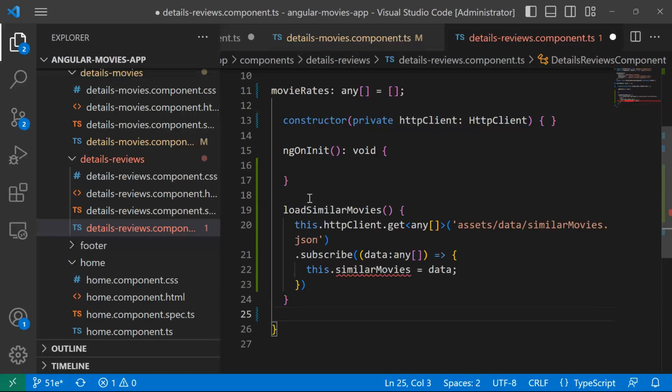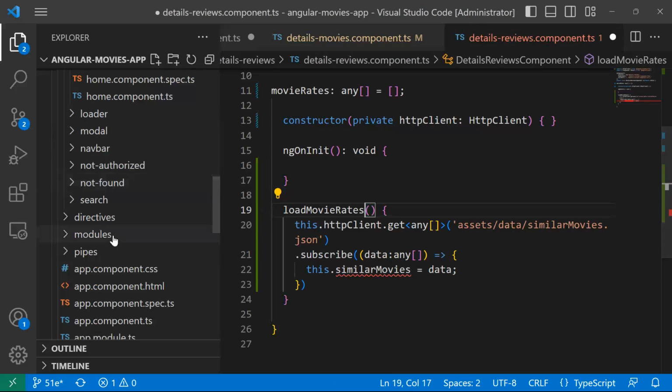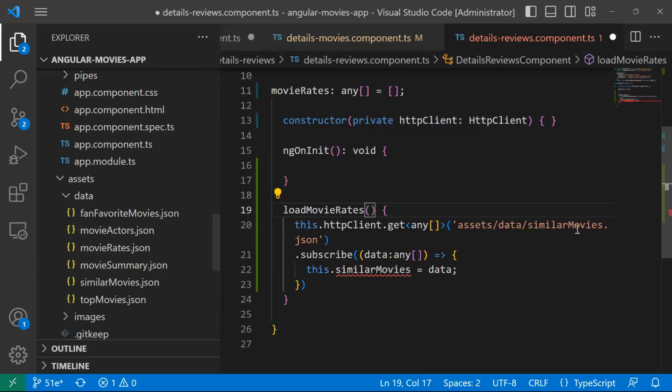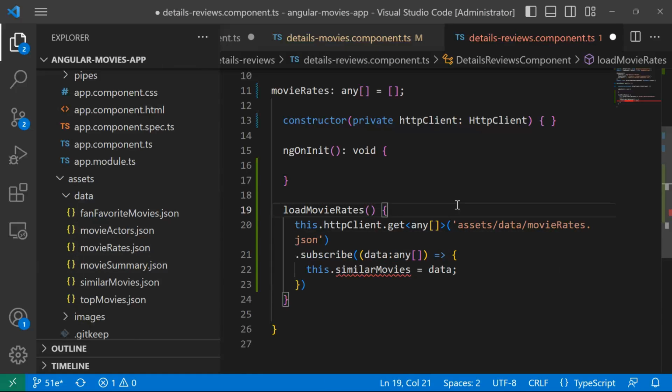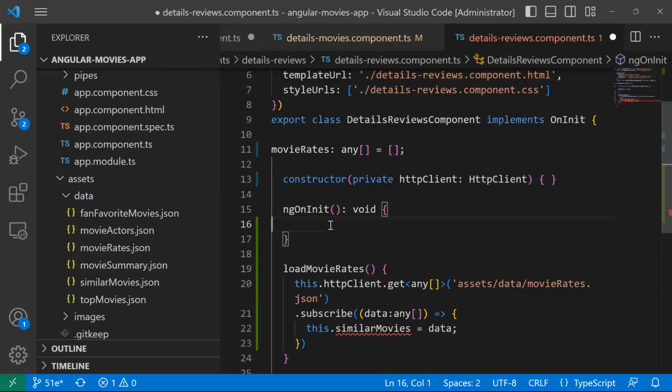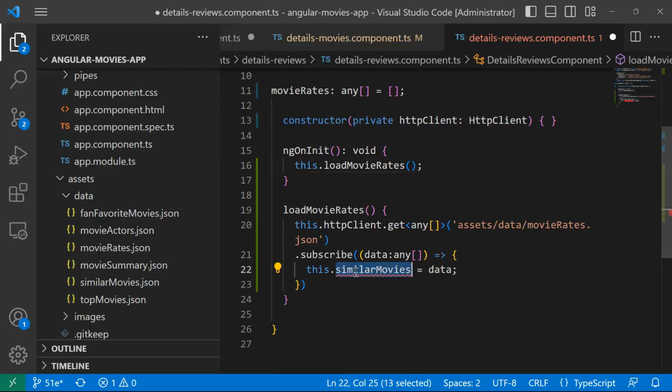I'll just change the name to be load movie rates. Then scroll down. Here we have movie rates.json, and then in here we're going to have this dot load movie rates. So just call the method,